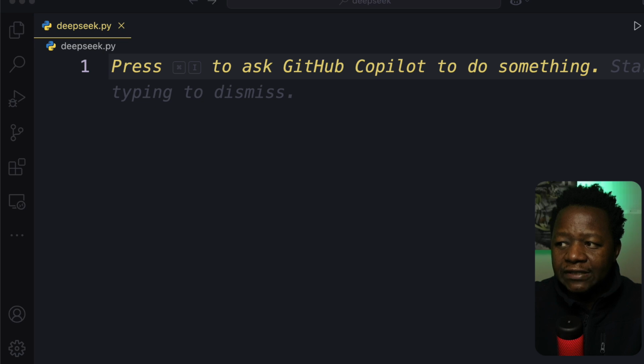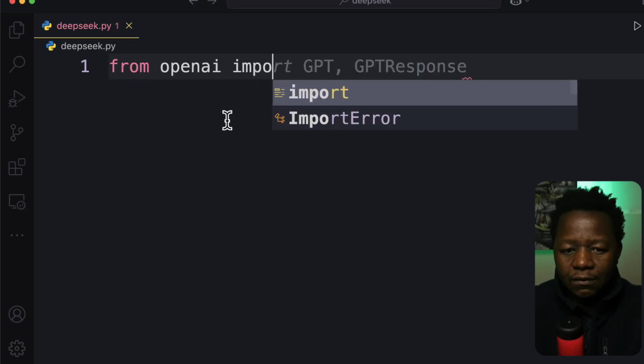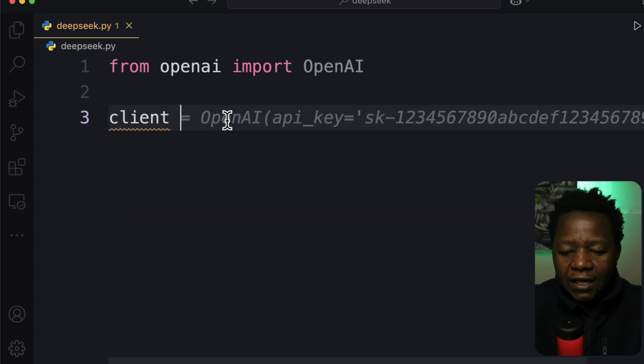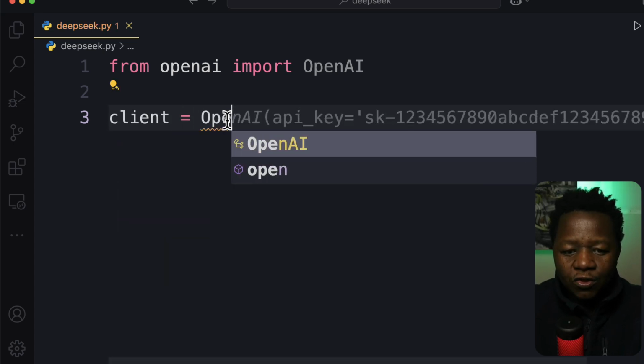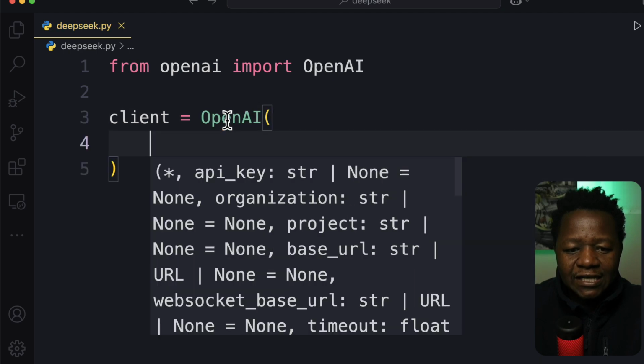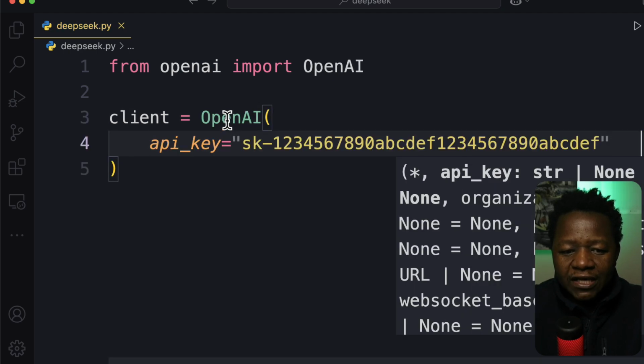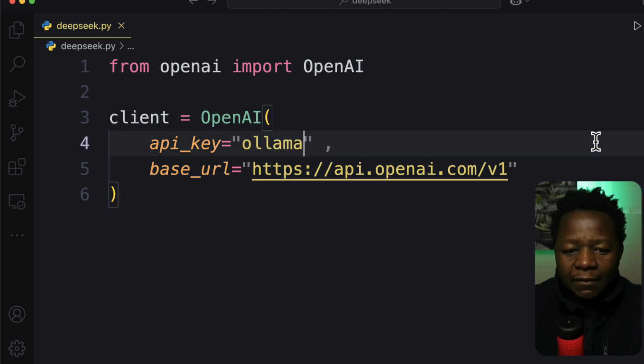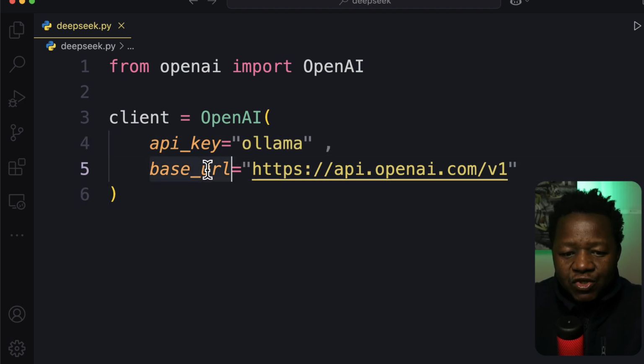All I have to do is, let's say, from openai import OpenAI. And then I'm going to create a client, and I'm going to instantiate the OpenAI class. And then here, this is where I'm going to pass a few things, pass in base URL like this. So usually this is how things work internally. Instead of an API key, I'm going to just put something that says ollama, or leave it empty. Now, this is the base URL that is hit internally when you're using OpenAI. This is the OpenAI base URL.